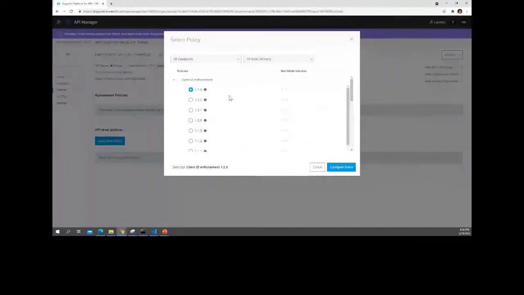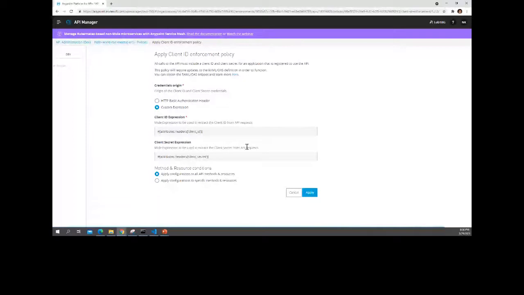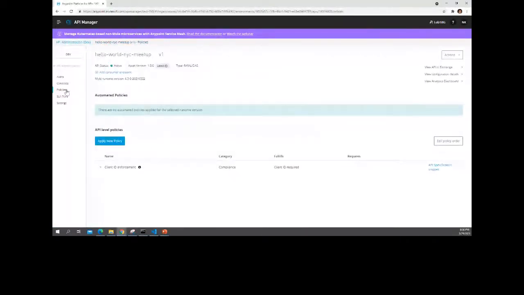Say I simply give the client ID enforcement, and my policy is applied. Once you are managing your API instance in API Manager, you can come to policies and apply these policies.